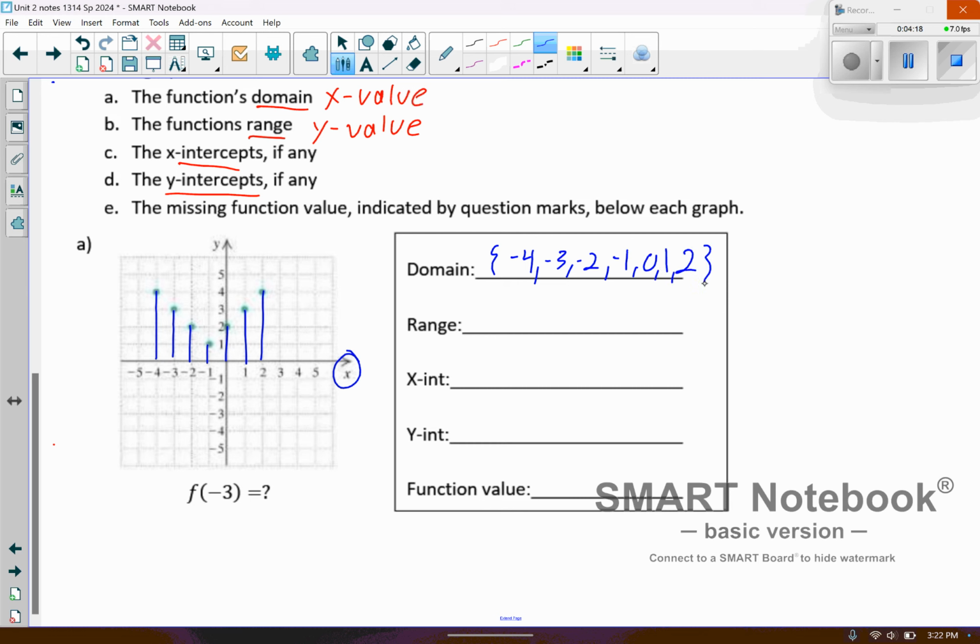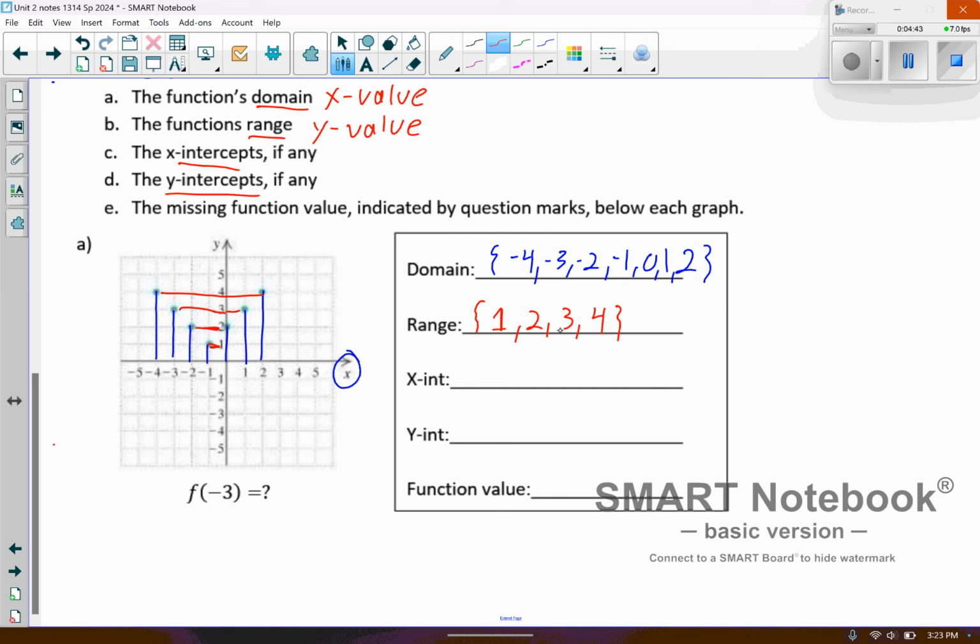All right, so there are my domain values. Range values are going to be the y values. So let's see, I have a y value at 1, 2 of them are at 2, 2 of them are at 3, and 2 of them are at 4. But from previous lessons, we mentioned that you only need to list it once. So 1, 2, 3, 4. So even though there were 2 points that had a y value of 2, we just need to list it